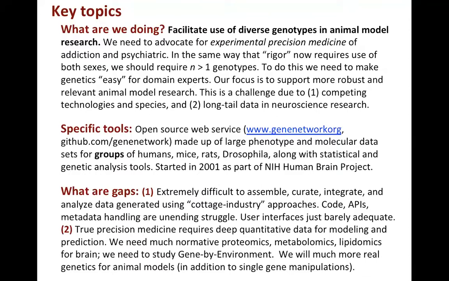But what's really more important about Gene Network is the tier, the software application stack that sits on top of that, which allows gene mapping in real time. And you'll see what I mean by in real time and how real time is real time. It tends to be about a minute or two. And then how you can do some basic statistics and actually generate figures that are suitable for publications quite efficiently using Gene Network and the new P30.